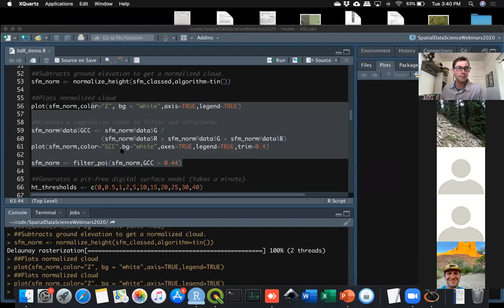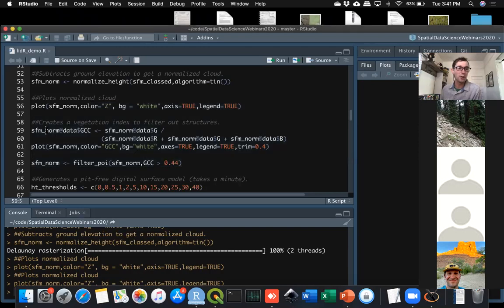That's where really the advantages of structure from motion photogrammetry come in, because we can use the colors of the points as a pretty reliable indicator of whether they're tree or not. So the next block of code calculates a vegetation index called GCC, the green chromatic coordinate, from the red, green, and blue values associated with each point. Here we're reaching inside of the point cloud object that has a slot called data. So if we just look at the header of SFM_norm@data,